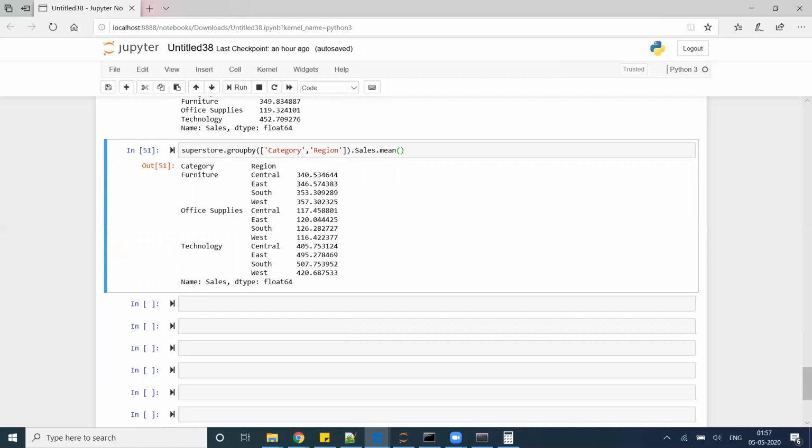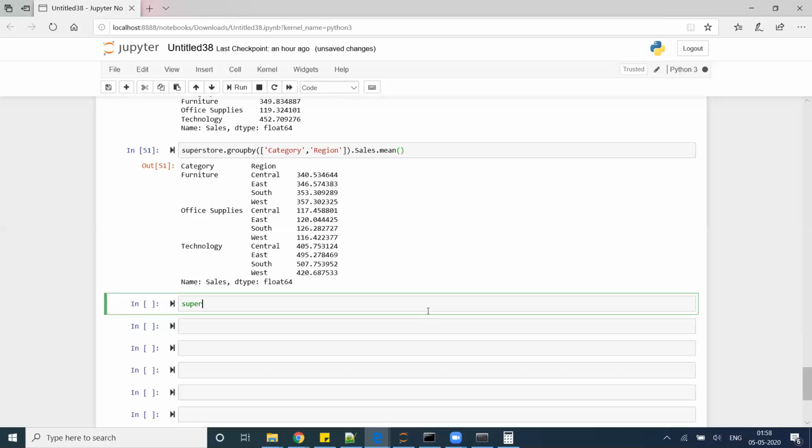It is stored as a multi-indexed series, which means that it has multiple index levels to the left of the actual data. It can be hard to read and interact with data in this format. So it's often more convenient to reshape a multi-indexed series into a data frame by using the unstack method. It will be something like a cross tab type of structure. Let's try to see that.